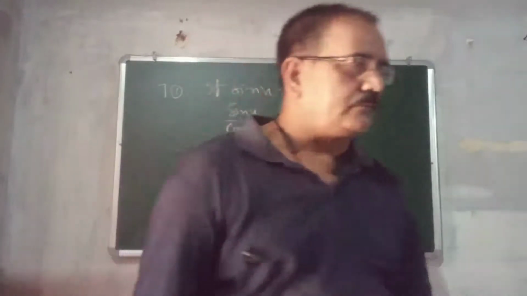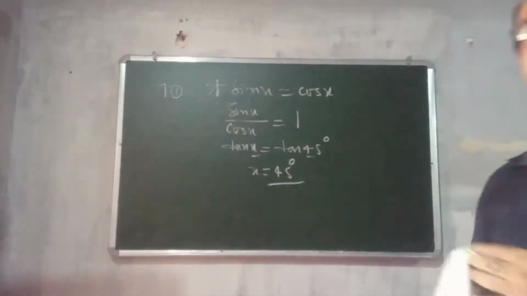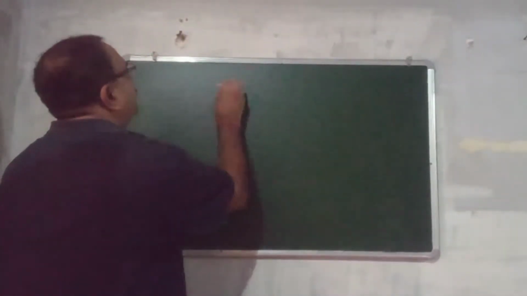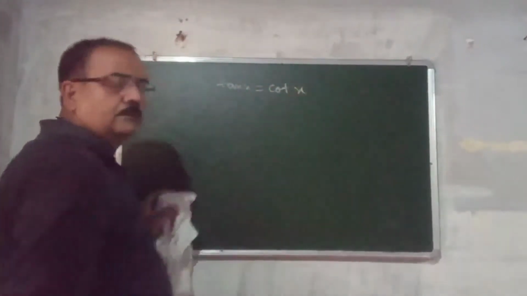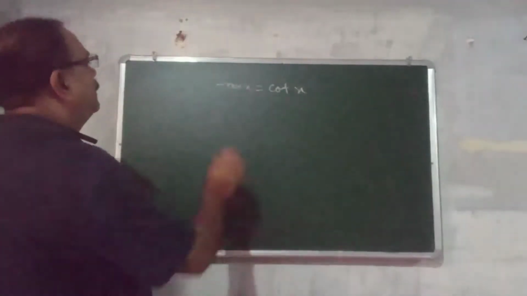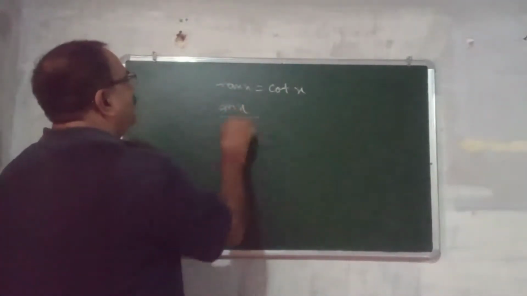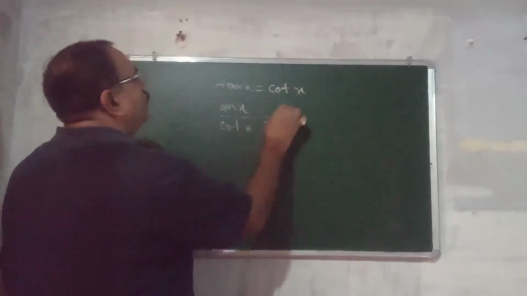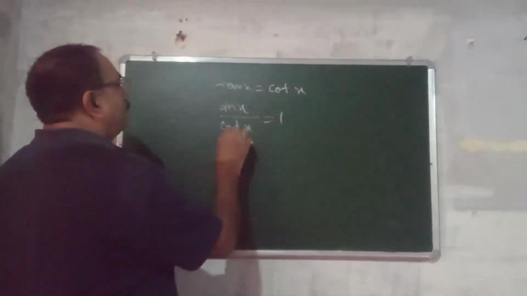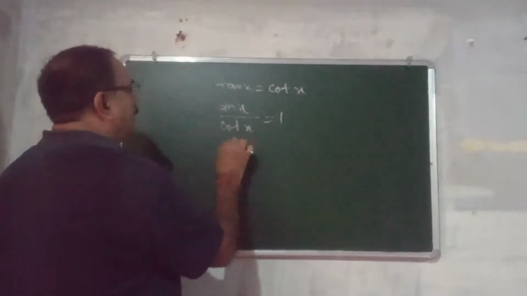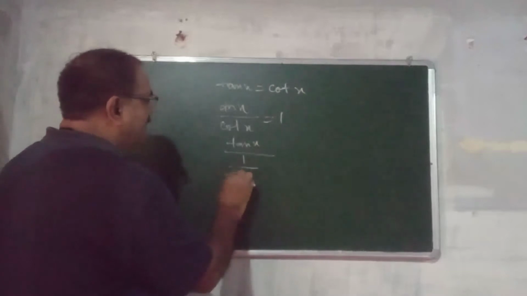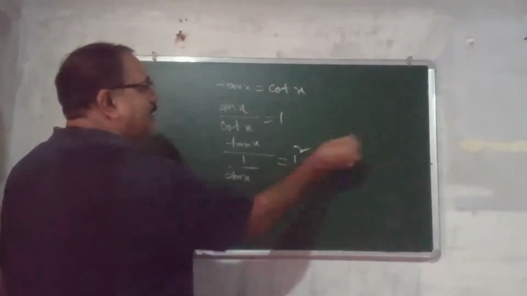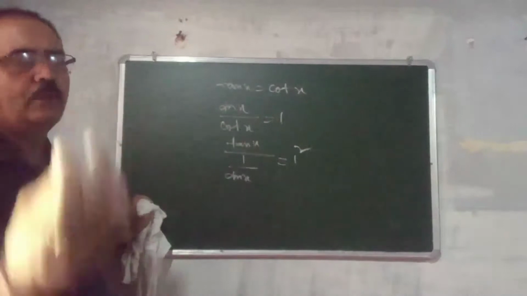One more question here. If tan x is equal to cot x, then you have to find the value of x. So we can write tan x by cot x is equal to 1. So tan x and cot, we know that cot is the reverse of tan, 1 by tan x. And 1 we can write as 1 square or not? Of course, the value of 1 square will be 1.